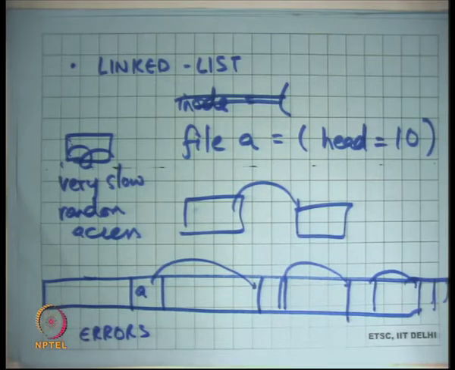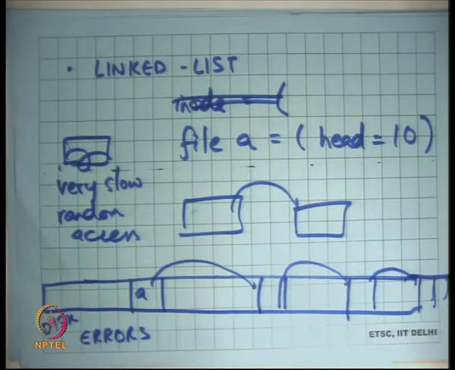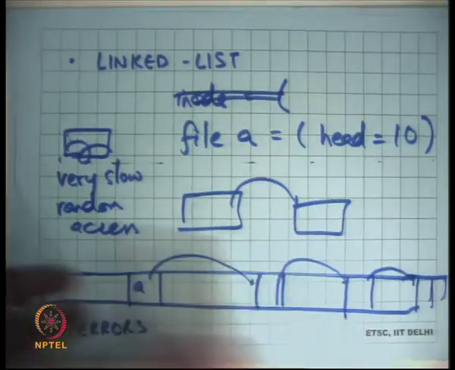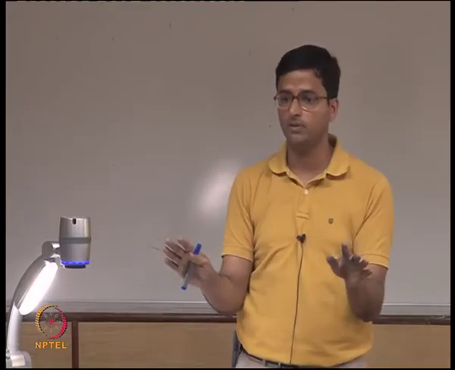Okay, so disk errors. So for example, some block goes bad, one block goes bad in your file. What does it mean? Right, so in the case of a linked list, if there's one block that goes bad, the entire file gets corrupted, right, because you lose all the data. In the case of contiguous allocation, if one block goes bad, only that block's worth of data has been lost, all the other data can be recovered, right? But in a linked list allocation, if one block goes bad, potentially the whole file goes bad, right? So you have to worry about that.